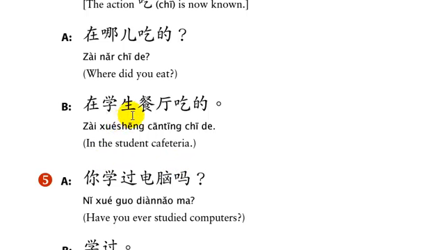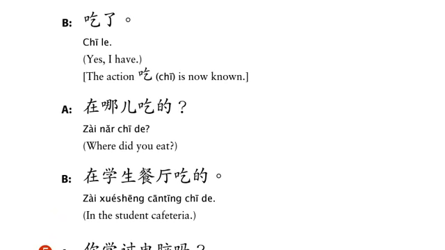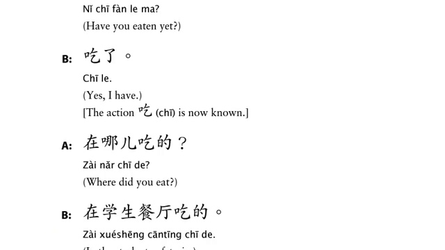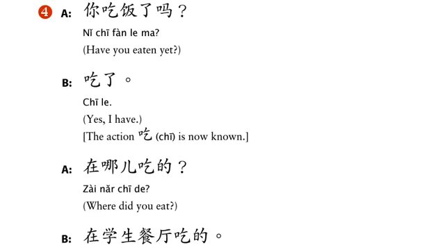Again, the 是 is left out, but that's what the 的 is doing here, because the 的 is the part that must be here from the 是...的 construction. Let's take a look at that whole conversation again. 你吃饭了吗？吃了。在哪儿吃的？在学生餐厅吃的。